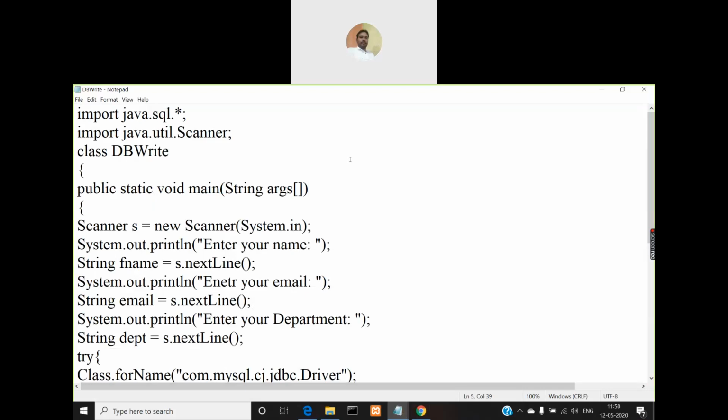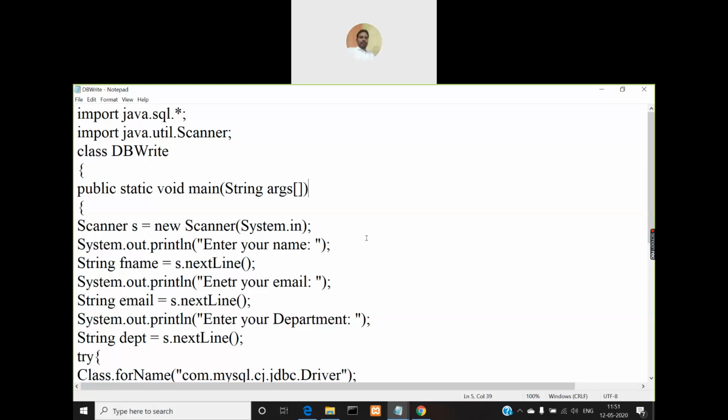So, already in the previous class, we have seen the API for JDBC, that is, different classes and interfaces, and the methods which are part of those classes and interfaces, which will be useful for us in establishing a connection to the database and then interacting with the database. So when you say interact with the database, it means inserting data into the tables of the database as well as retrieving data from the tables of a database. Okay, so now let us see an example program which uses those interfaces, classes and methods.